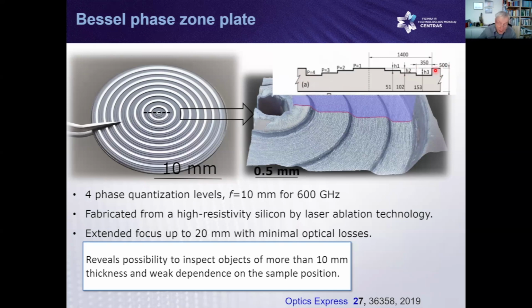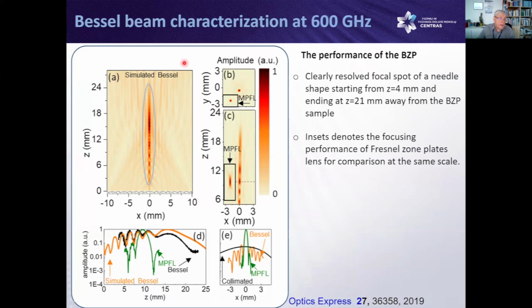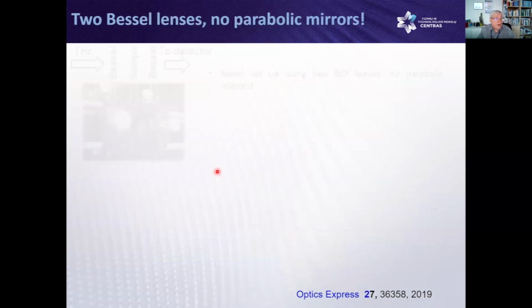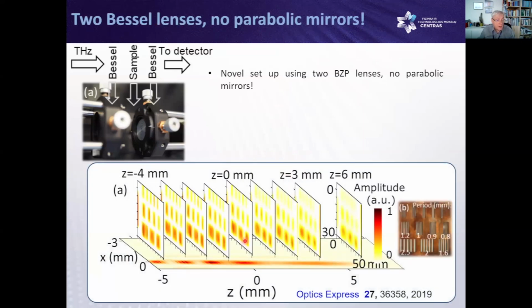And we claim that laser ablation technology is a good tool to make optical components using silicon for terahertz optics. Initially, modeling allows us to see the needle-like shape, and here we have the simulated Bessel beam and the experiments as well. So we have good operation, which could be suitable for imaging. What we have here is the removal of all possible lenses from the setup. We're using 2 Bessel lenses and no parabolic mirrors. We have a needle